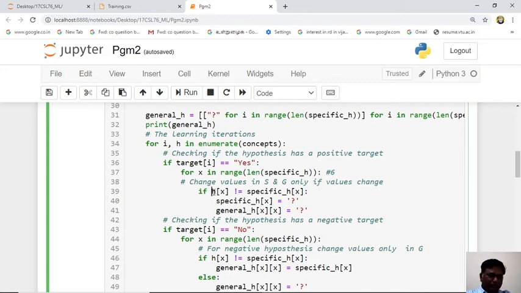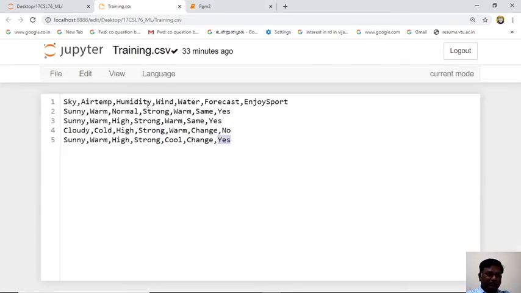So first value, can you tell me the first value? Sunny. So for the first value it checks Sunny, and this side is also Sunny. What is the condition? Sunny is not equal to Sunny. But the condition is false, because Sunny is equal to Sunny. So we don't do anything. We don't do any updation. If Sunny is not equal to Sunny, for example, Sunny is equal to Sunny, no updation.